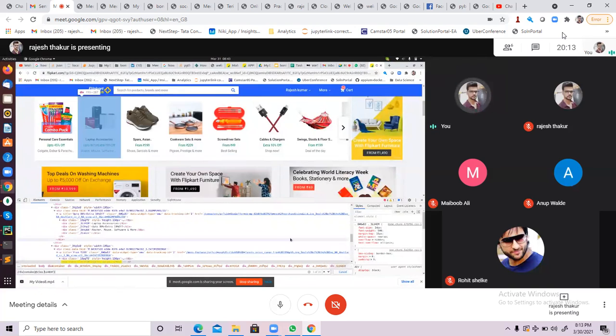But for sure, just keep these things in mind: you only use the contain attribute when you are not able to identify the element with the help of the attribute, or the text function. Then the contain attribute is one of the solutions here. With that you can identify the element. Cool.